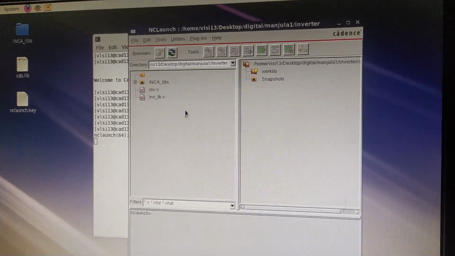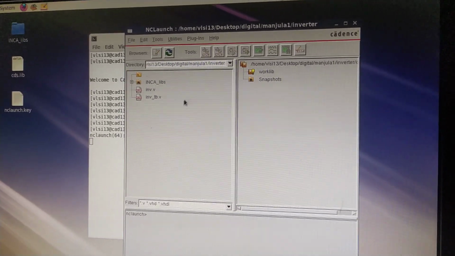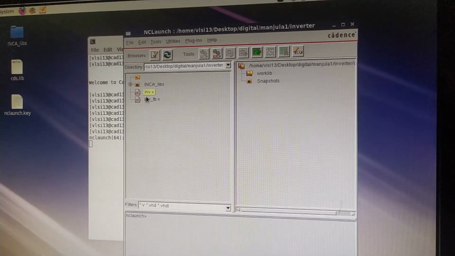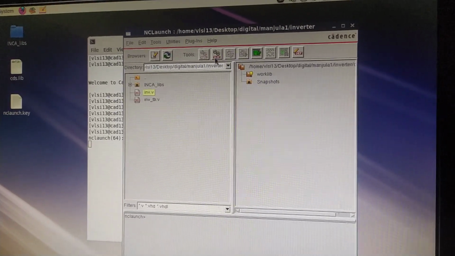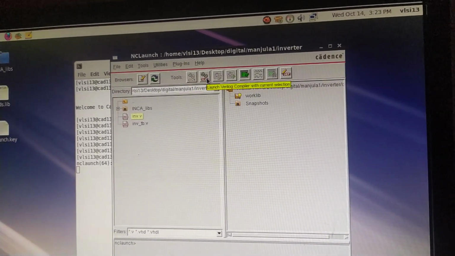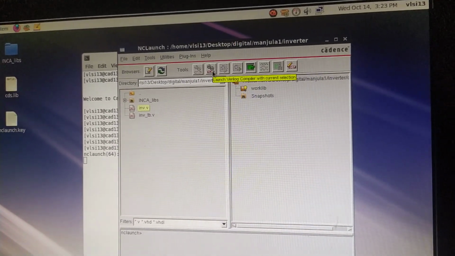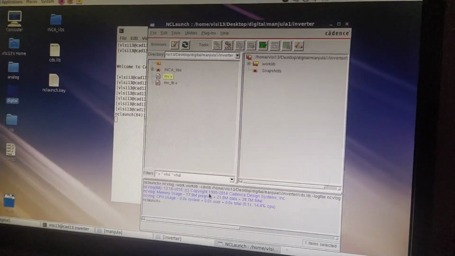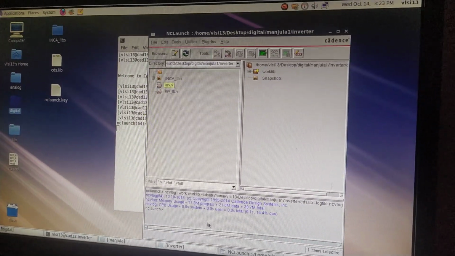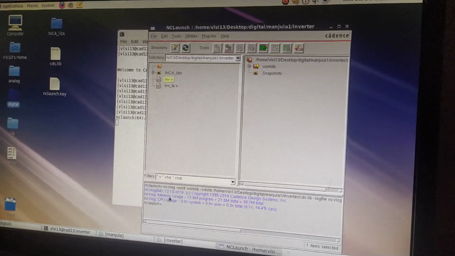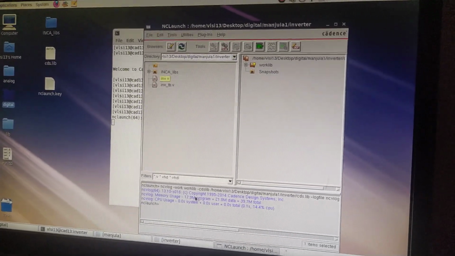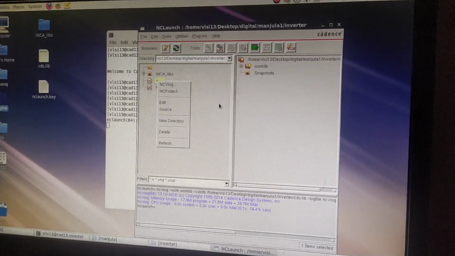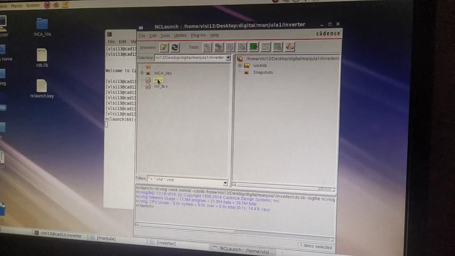When we simulate it, it goes in 3 modes. So first I will do the compilation. Select that. Here you can see vlog, launch Verilog compiler with selection. So compile it. Once you compile, if you have any errors, it will give you the errors. If not, no errors. Here now I don't have any error. If you have an error, right click and go to edit, do the changes, save it, and then compile it again.